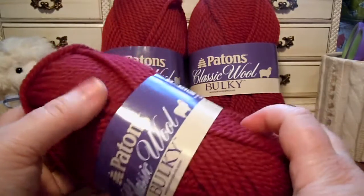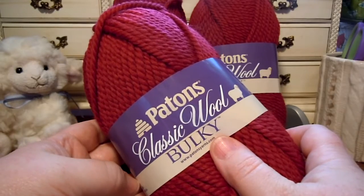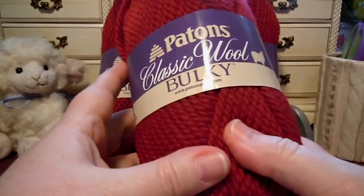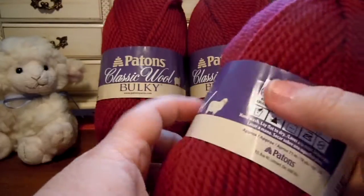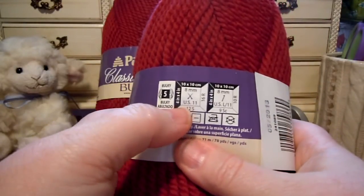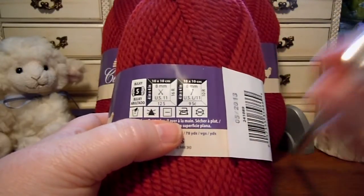Taking a look at another yarn. This one is Patons Classic Wool Bulky. You can purchase this at yarnspirations.com. This is a bulky yarn, number 5. It calls for a size 11 or 8mm knitting needle,